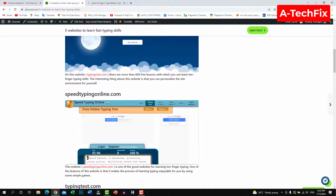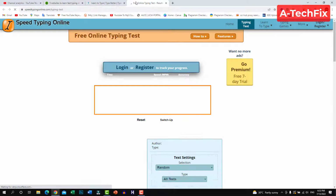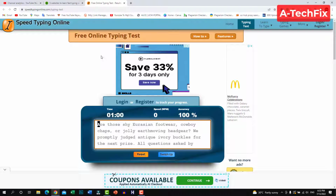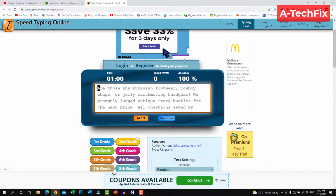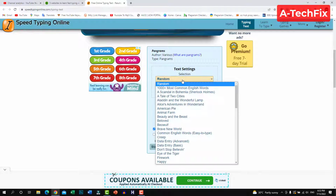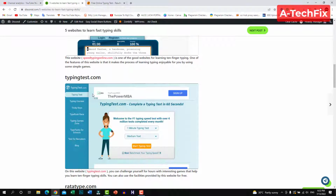Okay guys, the third one, speed typing online. Also, let's open. Also, it's an amazing one. You can also register here by creating an account and start learning typing. Okay, let's go to the